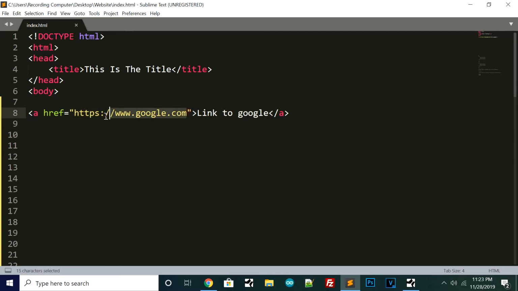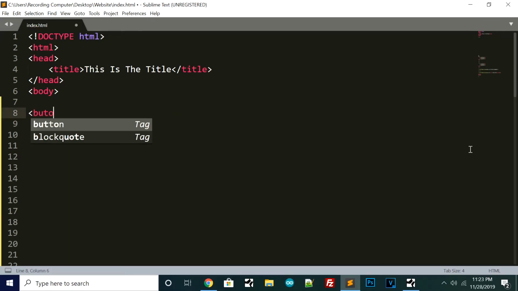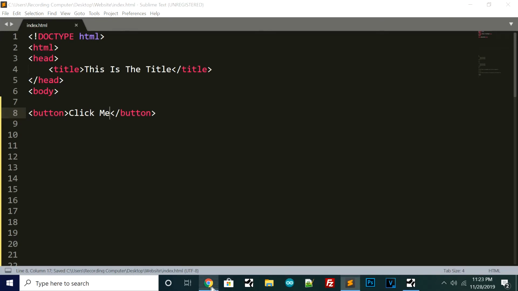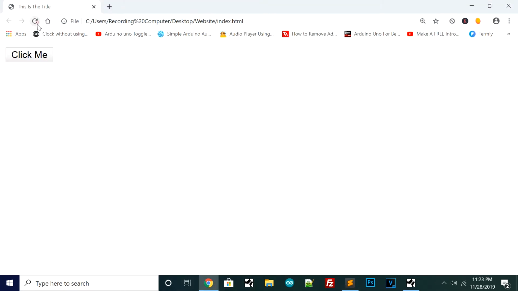But this is the link, and the link goes in between the quotes. So with that said, let's move on to the button. I'm going to delete that. Left arrow button, just hit enter. And I'm going to just type "click me", Control S to save, go back to the browser, refresh, and as you can see, there's a button, and nothing happens when it clicks